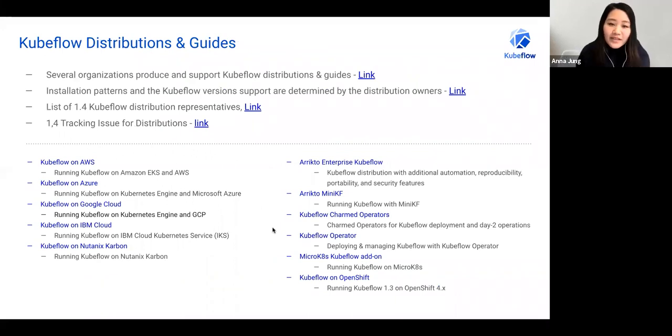Thanks, Kimonas. So the Kubeflow community is supported by many organizations that produce Kubeflow distributions. And as listed on the slide, there are 11 distributions available. And on the Kubeflow site, you'll be able to see which versions each distribution currently supports, as well as links to their docs associated with the supported version. So using this link, when you navigate to it, you'll be able to find which distribution supports the latest 1.4